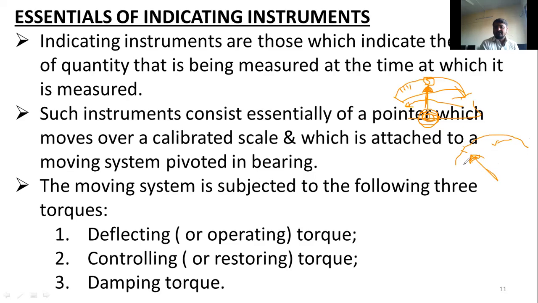To rotate this from zero to a non-zero value and from a non-zero value back to zero, it has pivoted bearings. Based on the bearings, it is going to rotate in the clockwise and anti-clockwise directions, in between the maximum and minimum value. Minimum is zero, maximum is whatever the rating is. For a speed up to 160, it may be 180 kilometers, like that.